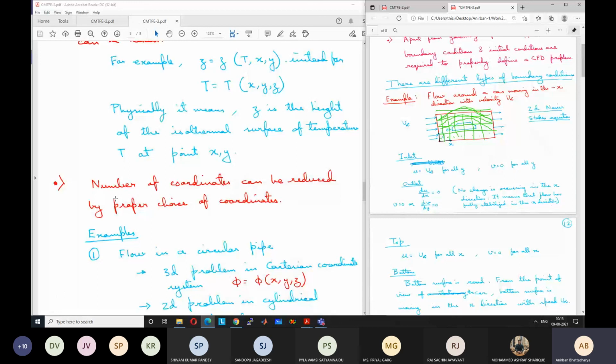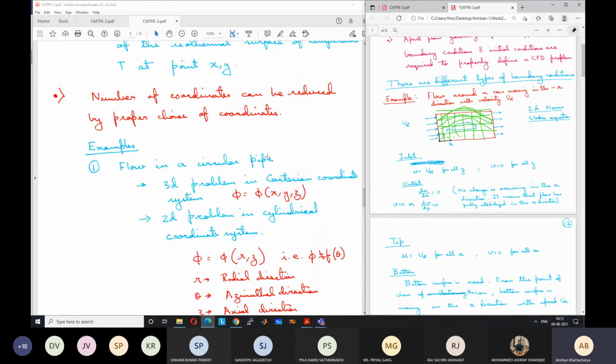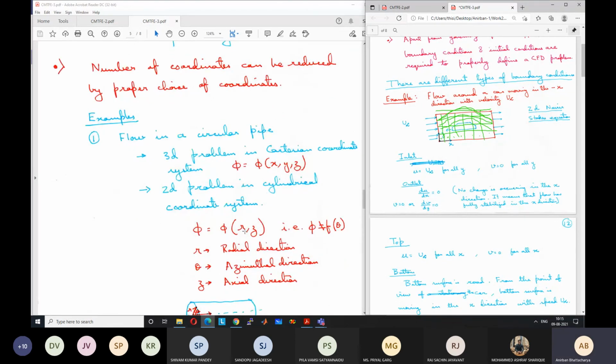But if you take a cylindrical coordinate system with the coordinates r, z, and theta, then any variable, like u or v velocity, whatever the velocity components, will only vary along the radial direction r and the axial direction z. Okay, in the theta direction, the azimuthal direction, there won't be any variation unless we give a swirl or a twist to the flow, or circulation. If there is nothing like that, in general there won't be.